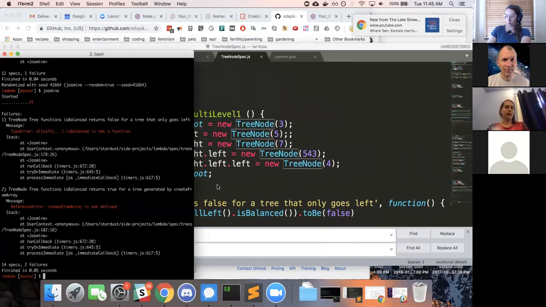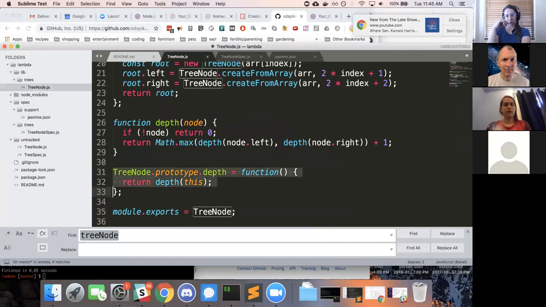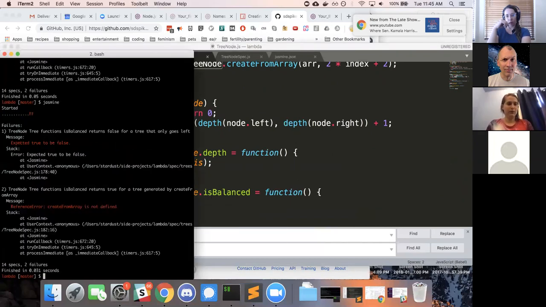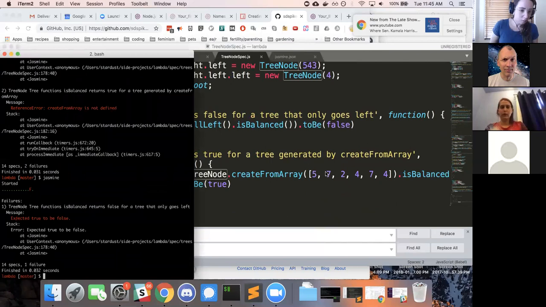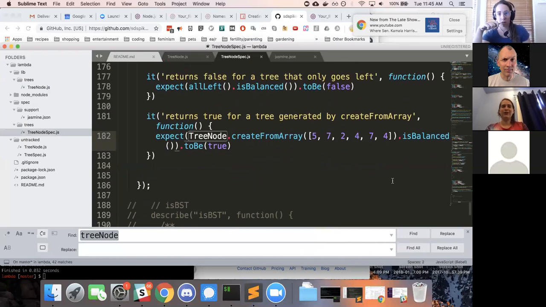Yeah, so now we're getting that it's not a function. So we need to go back up to balance. I think I'm about running out of time. So I'm just going to say return true, and this is obviously going to look for one of them. Cool. All right, so I'll leave getting that to actually work as an exercise to the reader,